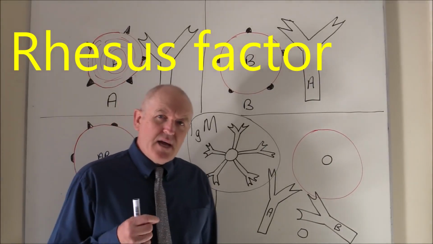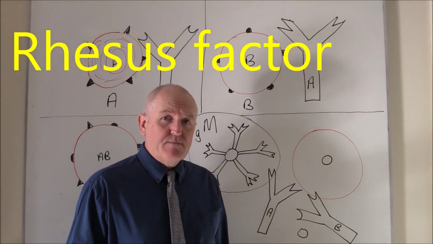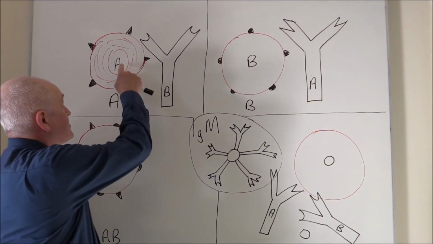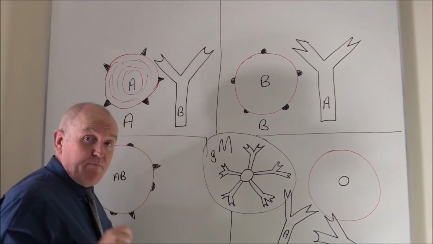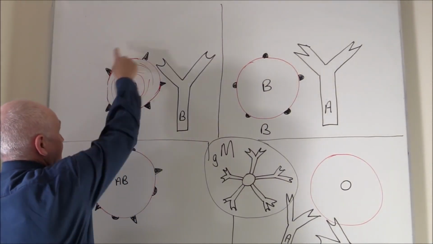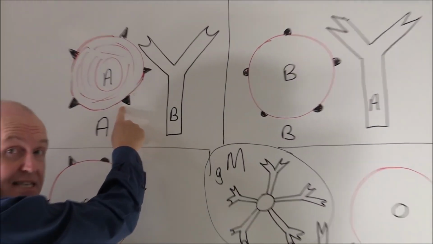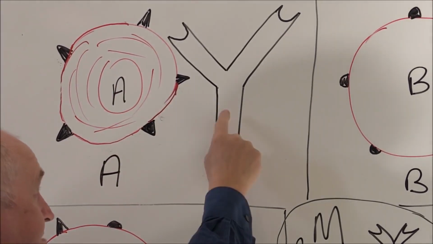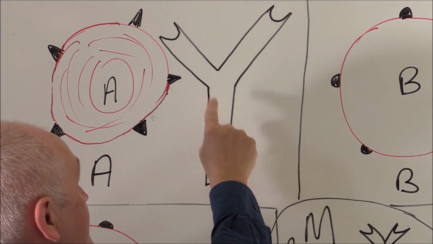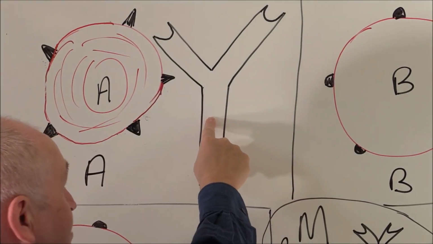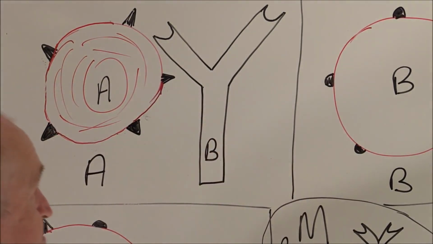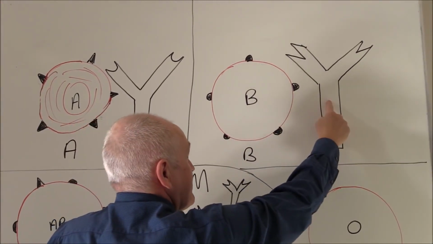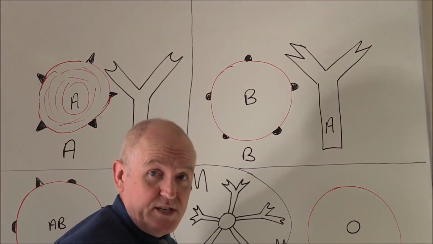Now we've looked at the ABO system, and I'm just going to recap that very briefly now. So here we have blood group A, and the blood group is determined by the red cell, so this has A antigens. But if someone is blood group A, they're going to have B antibodies, or anti-Bs, in their plasma. If someone's blood group B, it's the red cells that are B, but there's going to be anti-A antibodies in